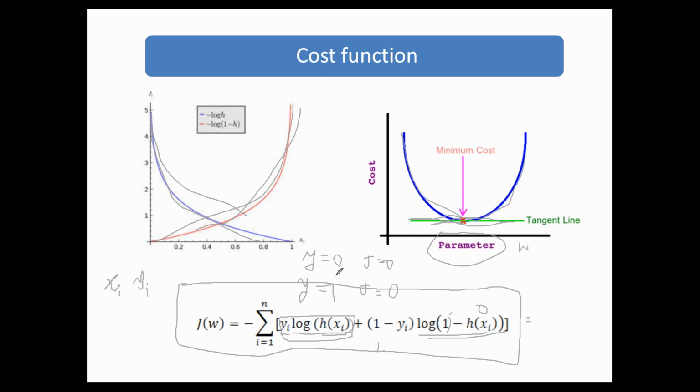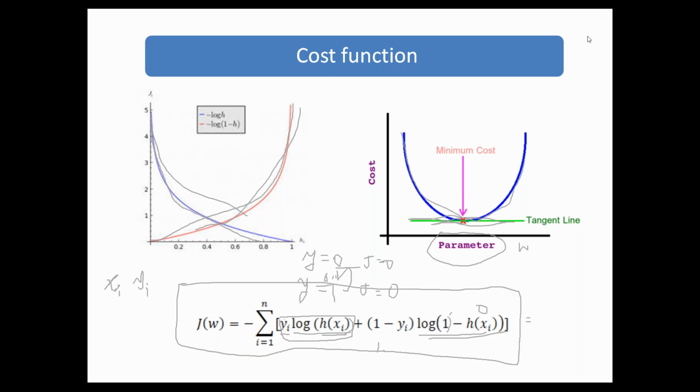So if it is somewhere in between, it will give me some finite value. If it is in between, something like 0.5, it will give some value. So it is 0 for both y is equal to 0 and y is equal to 1, depending on the class. So this is the cost function that we will be taking in this minimization.